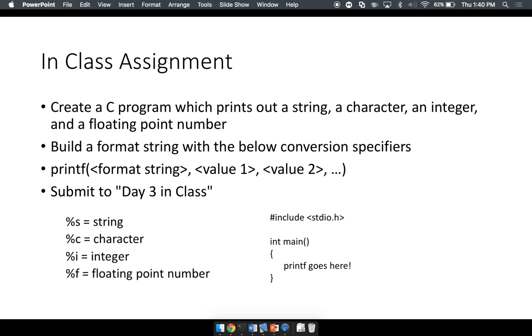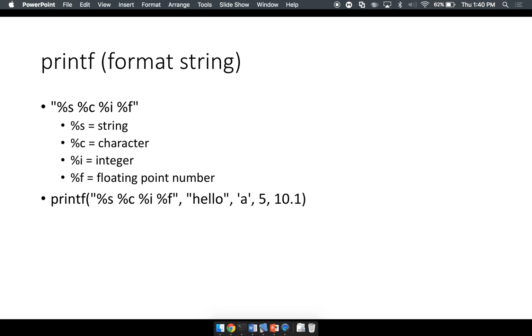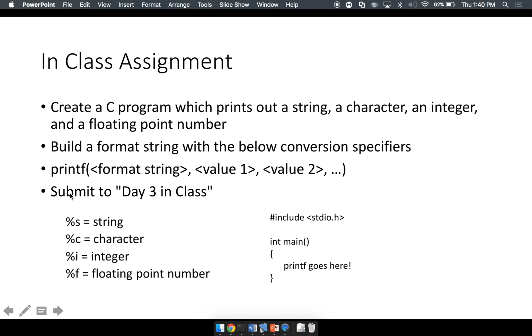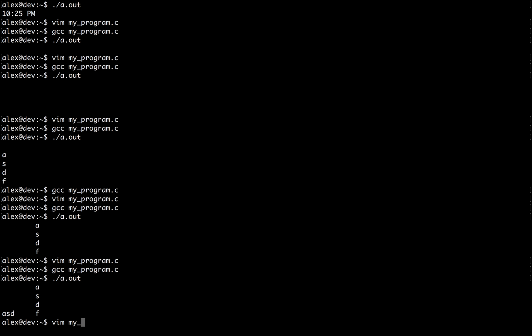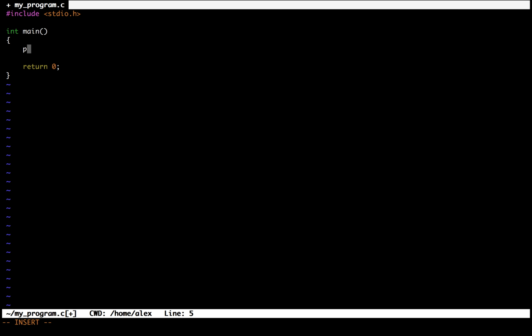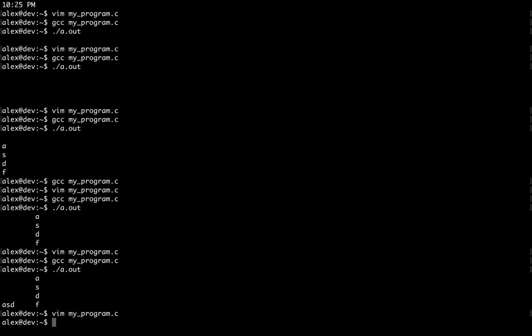Now there's really two ways you could go about doing this. You could build the format string like I had said before. You could build it almost exactly like this, where it's entirely in one format string like that. Or what you could do is say printf %i for an integer, and then specify your integer. And then use another printf, if this is a little bit easier maybe, for your next type, and do things like that. But regardless, when you log on to dev.dsunix,